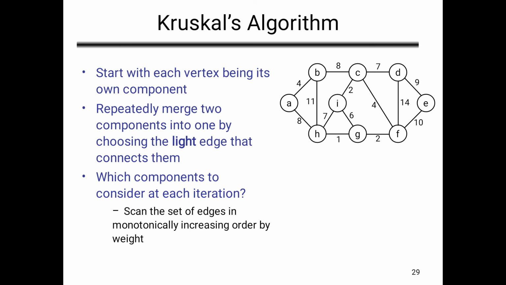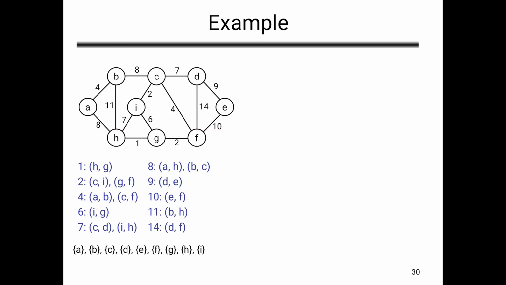I am showing on screen, the dark lines are selected here. So these are the selected lines. After that the minimum value is again 4, the cost of C to F also, we have to select that also. And this is the way we are considering. First we considered H to G, next C to I and G to F, because both have the same cost, and select A comma B and C comma F, again having cost 4.